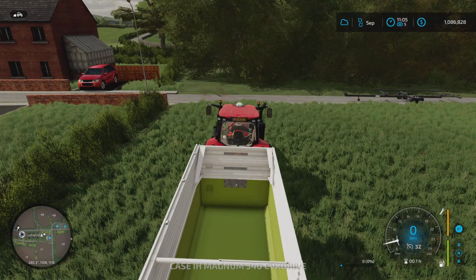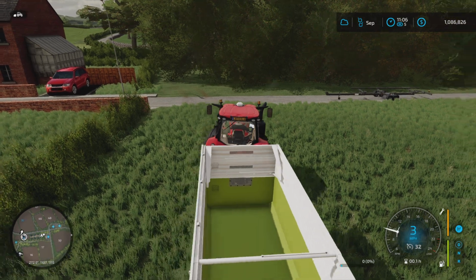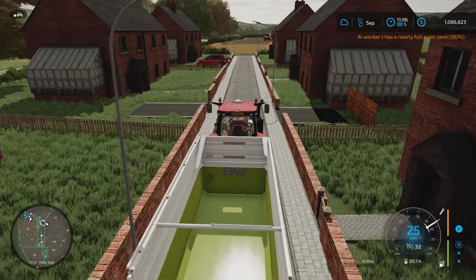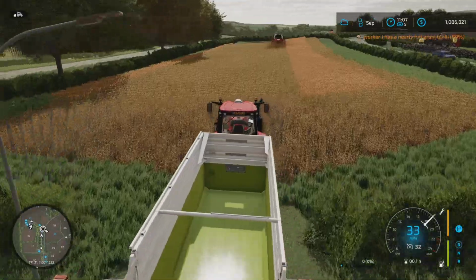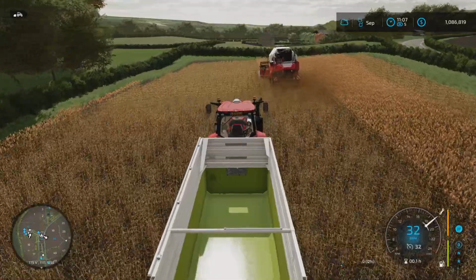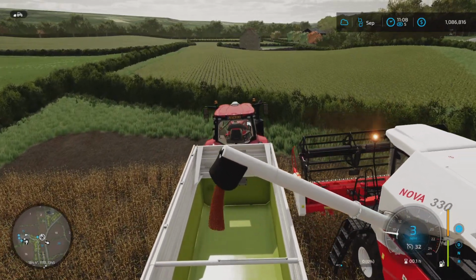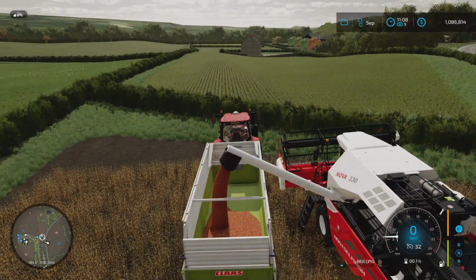Yep, and let's... I don't think we're going to make it, but we're going to try to get down here with our tipper in time to get unloaded here. He's 80%. We're gunning it down this alley. Hopefully nobody backs out. Are we gonna make it? Are we gonna make it? Yes, made it. All right, so he's gonna stop, fill that up,